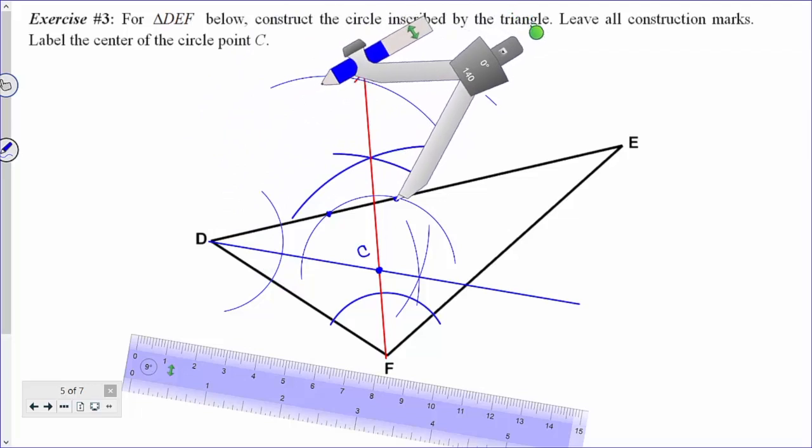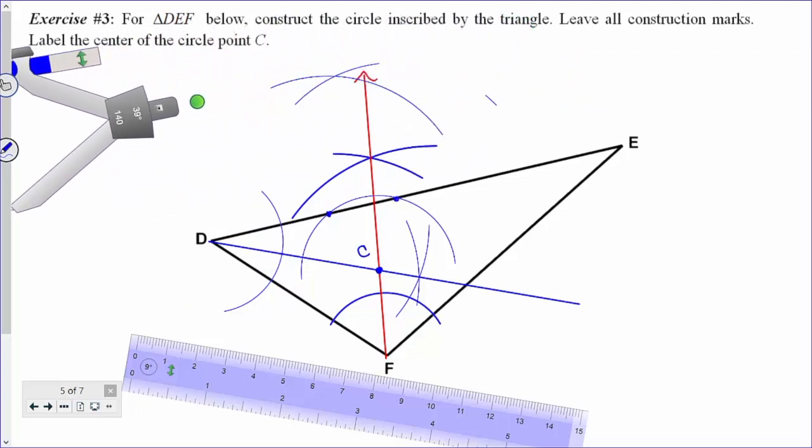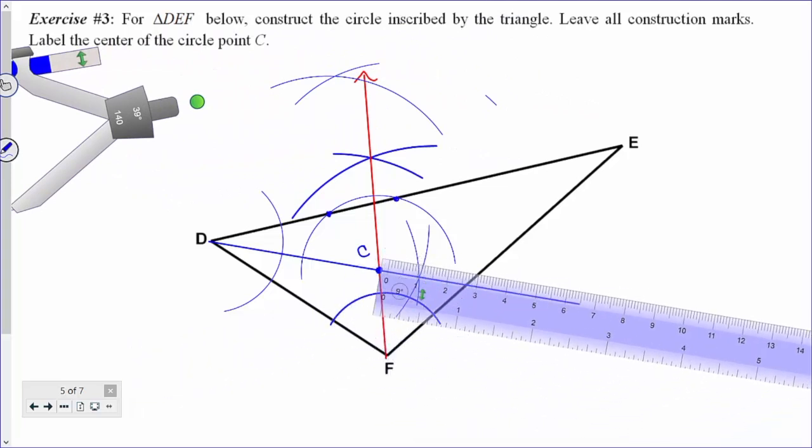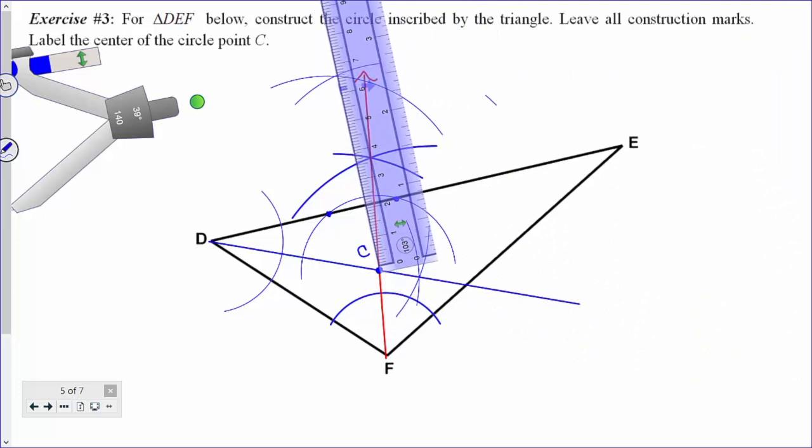Not quite. That's good. There it is. There's my X. Get rid of this. Bring this up. Rotate around. Again, in theory, what I'm now doing is creating a line that is passing through C that is perpendicular